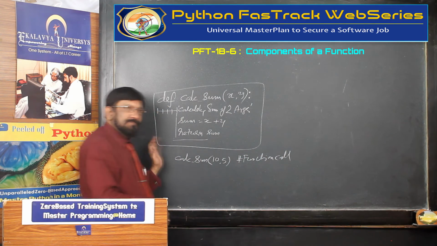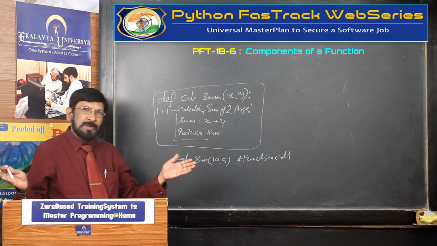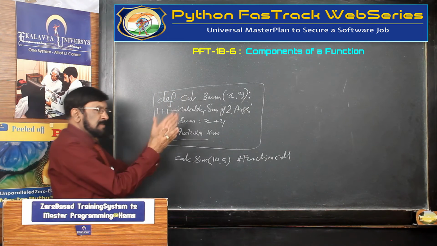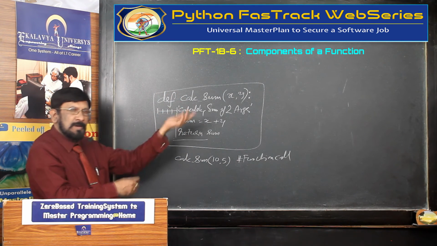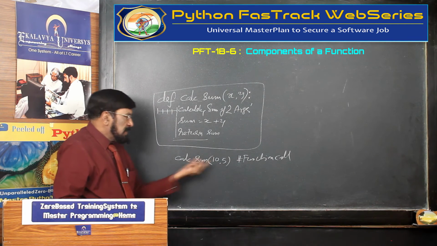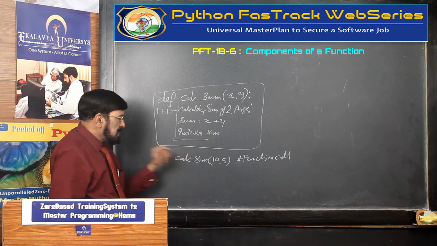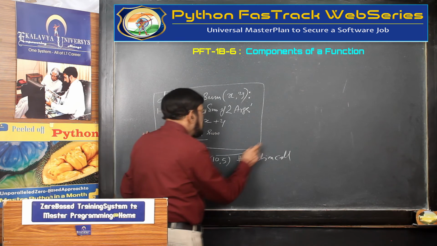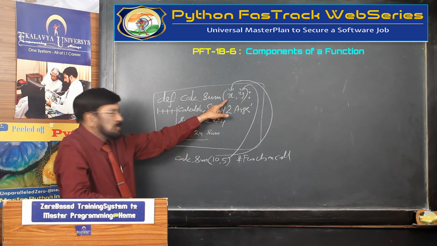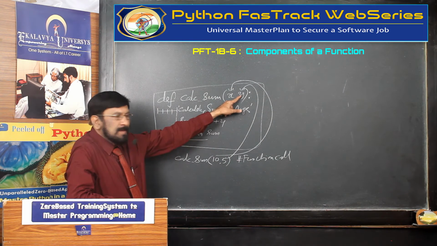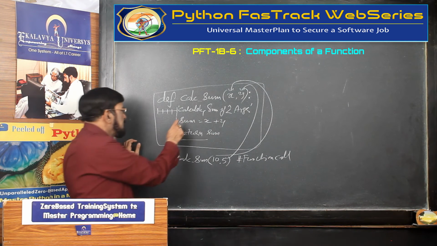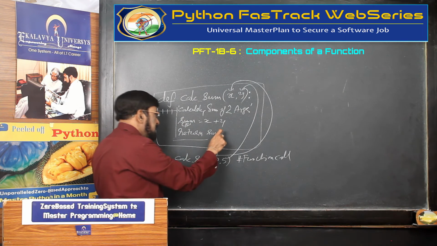Actually, one thing you remember: a program is a big program, a function is a small program. If you treat it like a machine, like a fan or AC or some other grinder, this is the switch. A function call is the switch. Because of the function call, this goes here, this goes here. 10 is assigned to x, 5 is assigned to y. In turn, they come here. 10 plus 5, 15. Then 15 is stored here. Then when it returns, 15